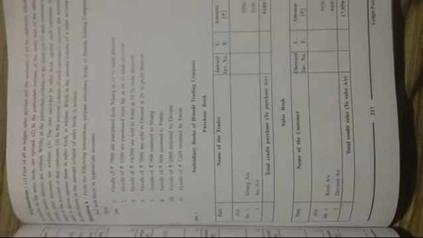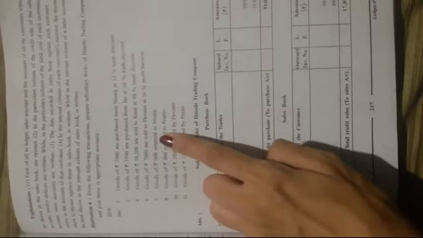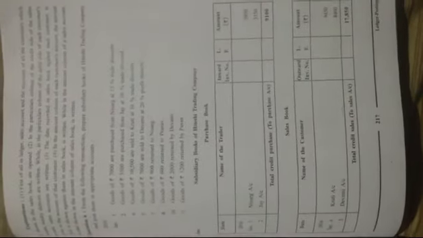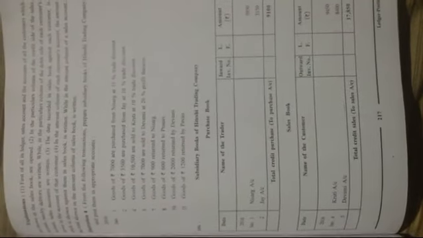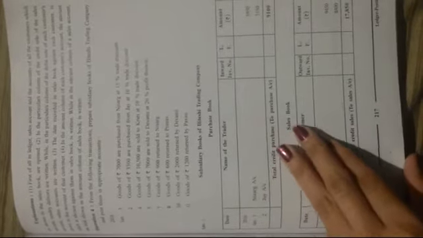Okay. Now let's come to the next transaction, that is 7th January. Goods of rupees 900 were returned to Nisarg. The goods which were purchased from Nisarg in the first transaction are now returned back to Nisarg. So it would be recorded in which book? Purchase book. Sorry, not purchase book, purchase return book. So come to the purchase return book here. Write the year 2016, January 7. In the name of the trader, you have to write Nisarg's account. Amount would be 900.